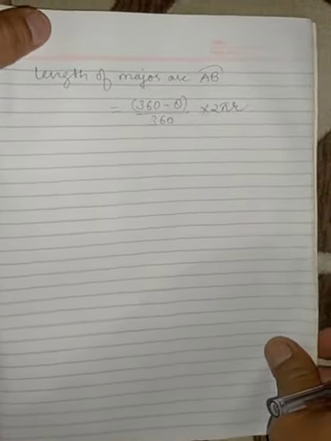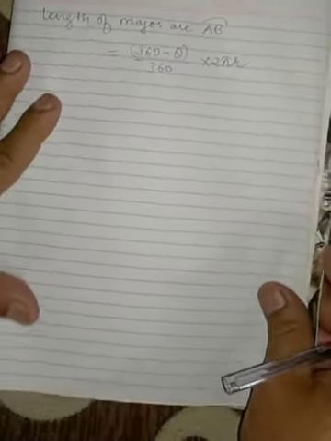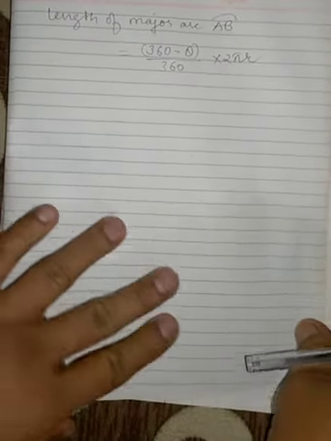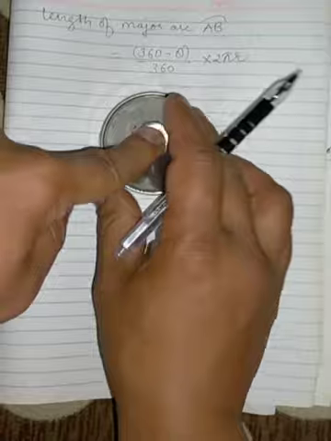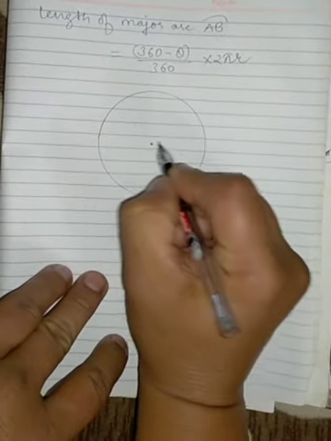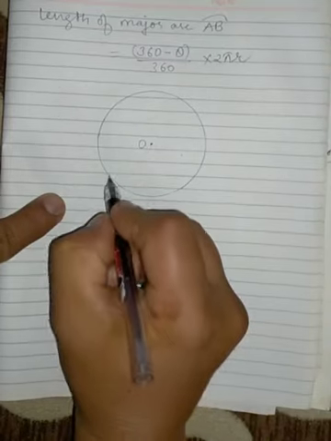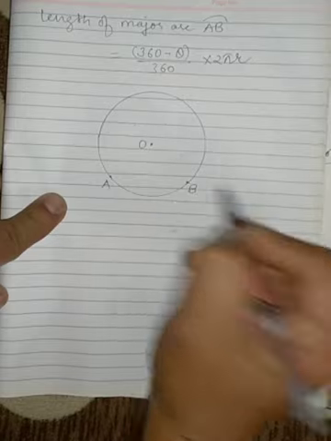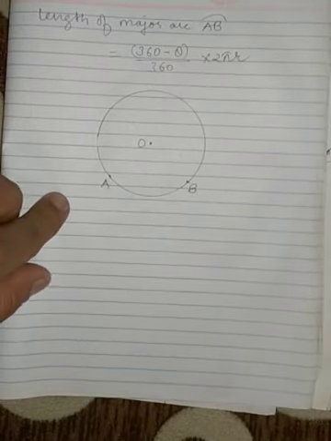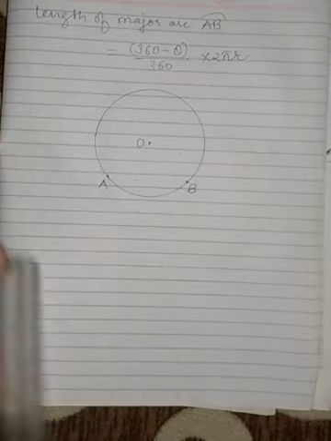Now let us see the area of sector. Now let me show you here what do we mean by sector. So let us draw a circle again. This is a circle with center O, and again I am going to take here 2 points, let it be A and B, and again if we join the points A and B,